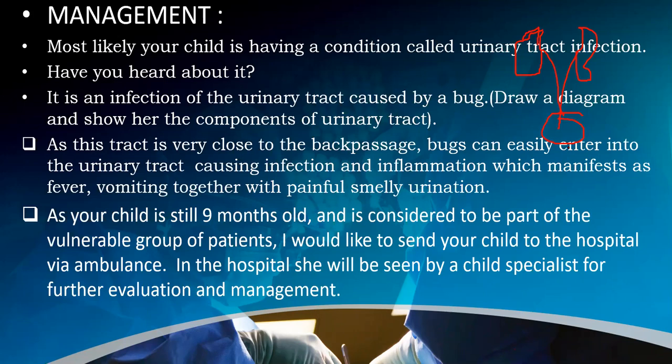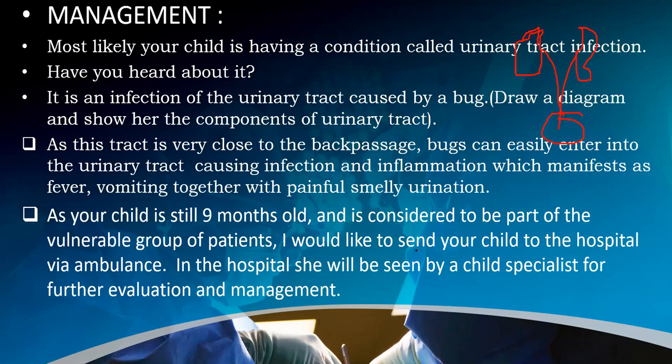Okay, so in this way you will draw a picture and then say it's an infection of the urinary tract caused by a bug. This is the urinary tract starting from the kidney, ureter, bladder, and then a water tube from which the urine comes out. Now this external or outer tract is very close to the back passes. So bugs from the back passes can easily enter into the urinary tract, and then later on it can cause infection and inflammation. As your child is still 6 months old and is considered to be a part of vulnerable